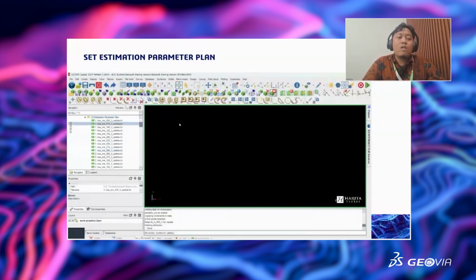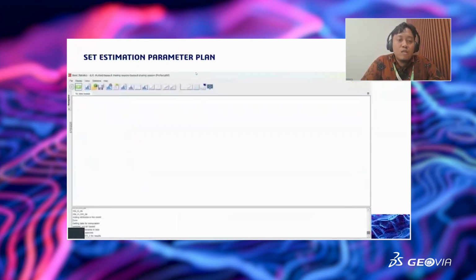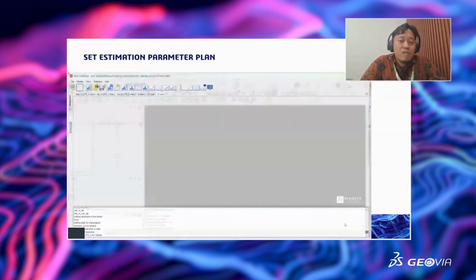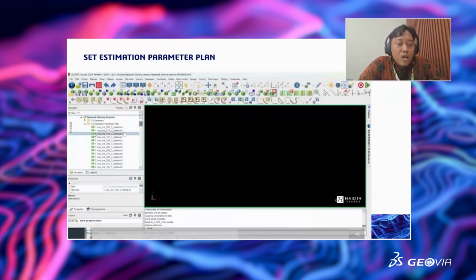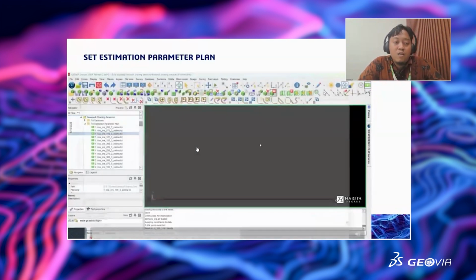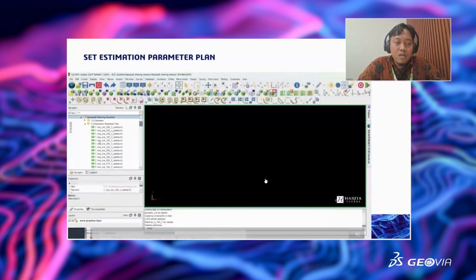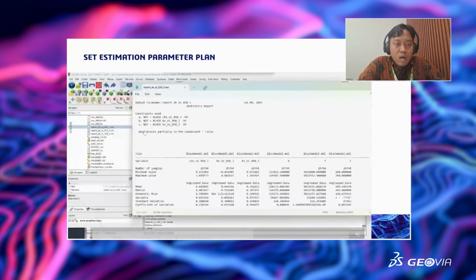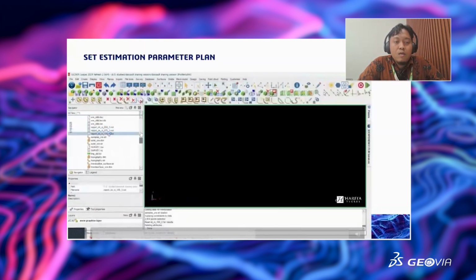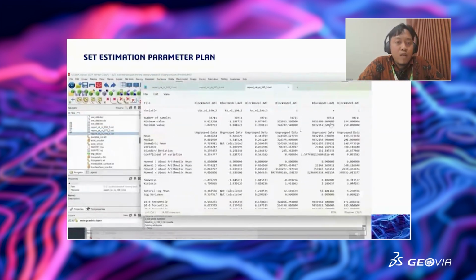So we will do a lot of parameters here for 50 and 3, for 75 and 3, for 100 and 3, until we have 300 and 3 for the major distance and vertical distance on our Kriging estimation here. And it will produce a lot of reports, our estimation one by one here.